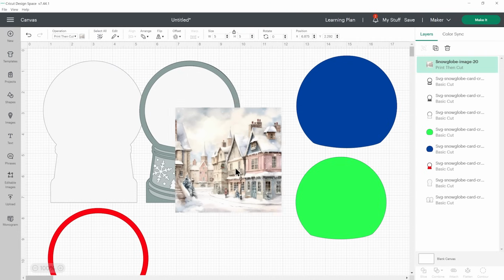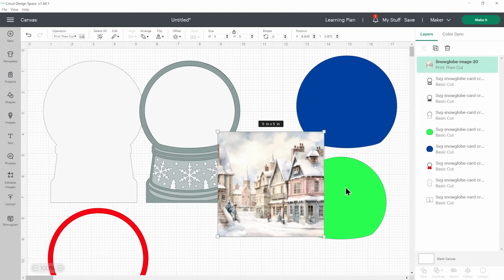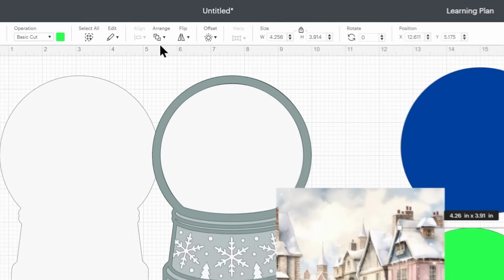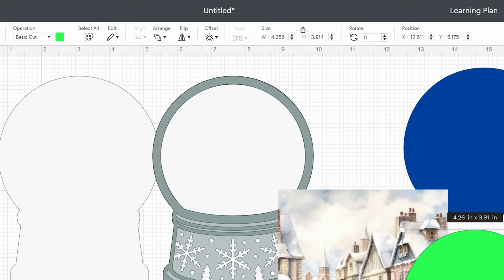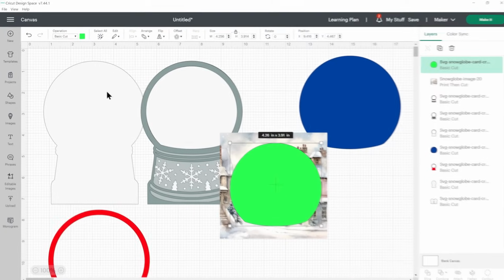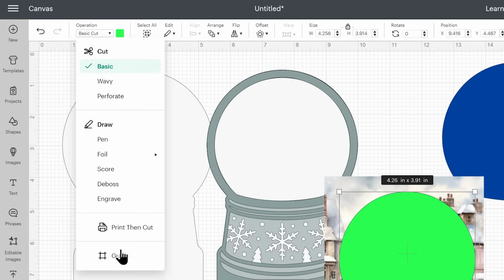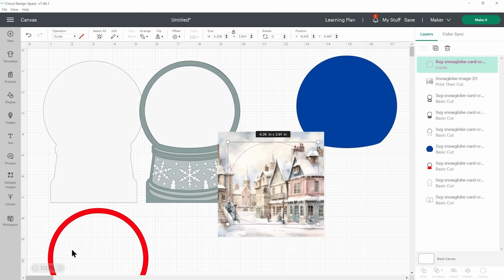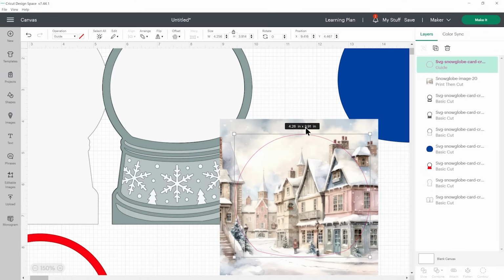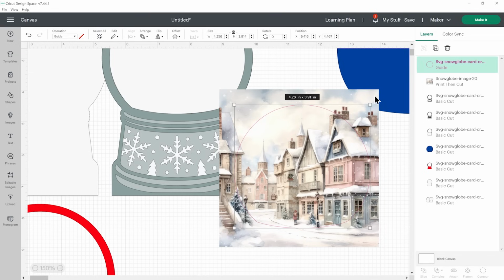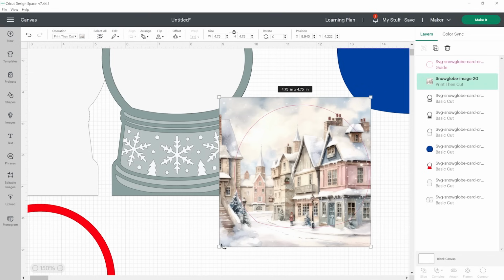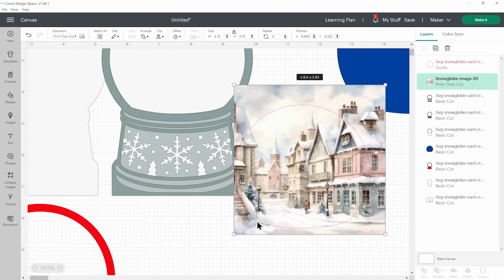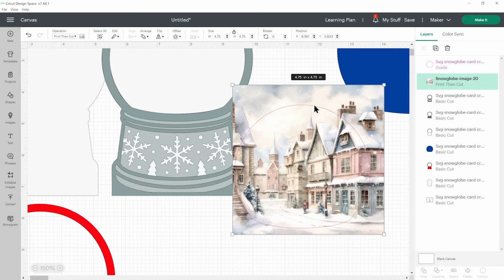Now we need to cut this into the shape of our snow globe. So first I'm going to click my green and go arrange, bring to front. Then under operation, change it to a guide layer, and that changes it. So now it's just an outline in pink, which means I can resize my picture and position it exactly where I want it to go, and make sure that it is going to completely fill all of this snow globe